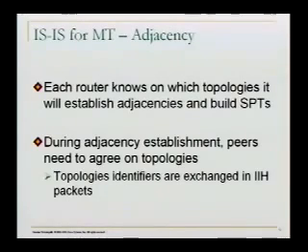That means between two routers on a point-to-point link, for example, they need to agree that if I'm running IPv4, the neighbor also has to run IPv4. I can't run IPv4 on one side and IPv6 on the other side. And these topology identifiers, the multi-topology draft introduces some new TLVs that I'm going to talk about in subsequent slides.